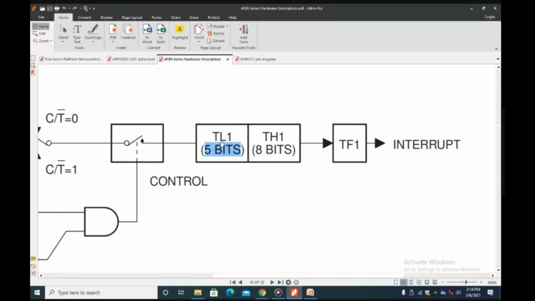It is scaling. Input clock frequency is scaled by 5 bits, meaning input clock frequency is divided by 32. So this prescaling is very much useful for us to divide the count by 5 bits or 2 bits. This is fixed. But in the TIVA microcontroller, you can choose the prescale value: 1 bit or 2 bit or 3 bit or 4 bit or 8 bit prescaler, something like that.